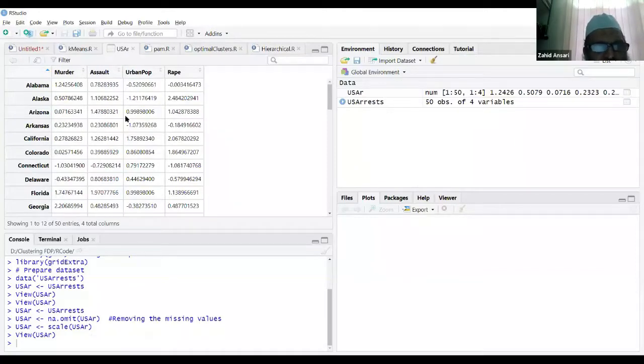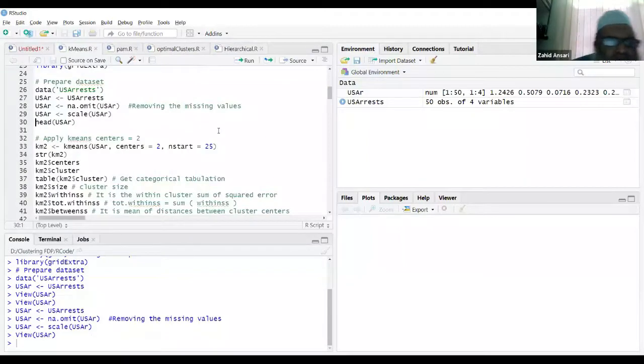So we have all the normalized values, right? I'll close this. Okay. Now what we are doing is applying the k-means algorithm. I am providing three parameters over here. The first parameter is my data set itself, so USArrests, the data frame name, I am specifying. Let's say initially I want only two clusters, so I am telling that I want two centers.